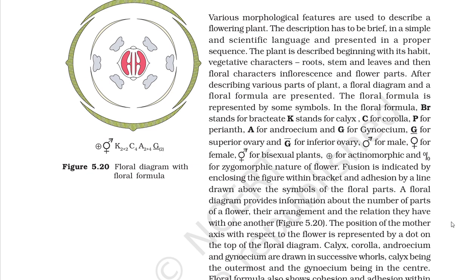The floral formula is represented by some symbols. In the floral formula, Br stands for bracteate, K stands for calyx, C stands for corolla, P for perianth, A for androecium, G for gynoecium, with underlined G for superior ovary, and G with a line above for inferior ovary. There are symbols for male, for female, for bisexual plants, the symbol for actinomorphic, and a percentage symbol for zygomorphic nature of flower. Fusion is indicated by enclosing the figure within brackets and adhesion by a line drawn above the symbol